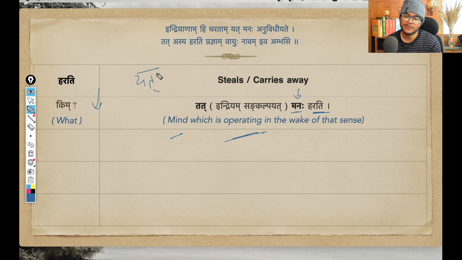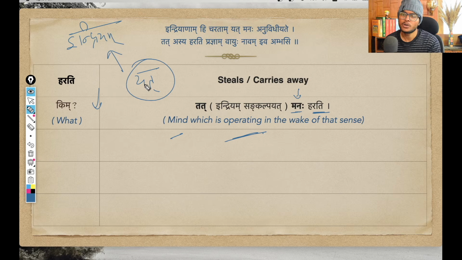That yat we saw before was pointing out to any one sense that you pick up from all the wandering senses. So that yat was pointing to a certain indriyam which is being obeyed, which is being followed. And now we are saying that tat indriyam sankalpayat manaha, the mind which is sankalpayat, which is deliberating, reflecting,